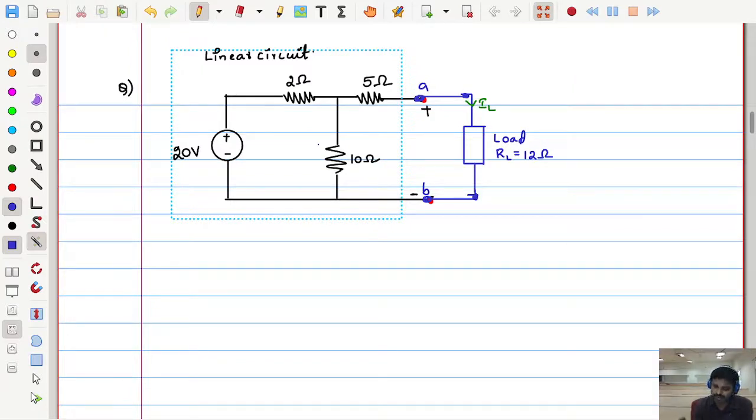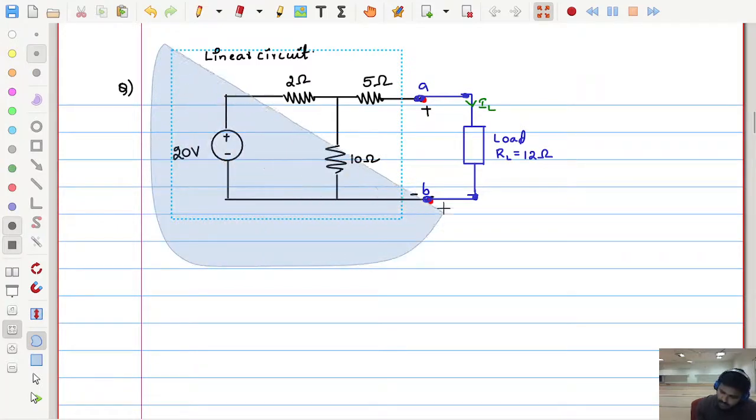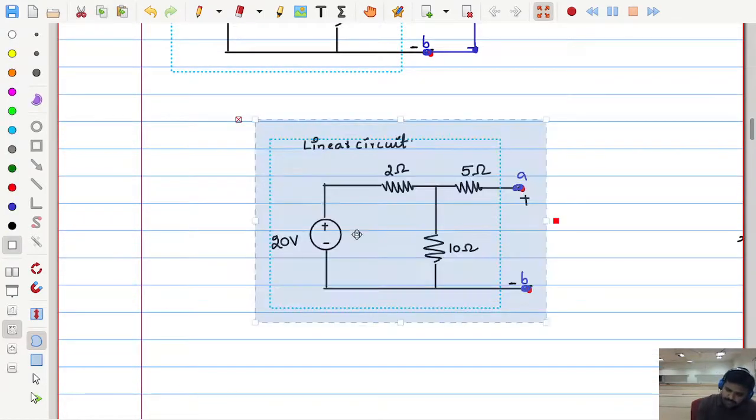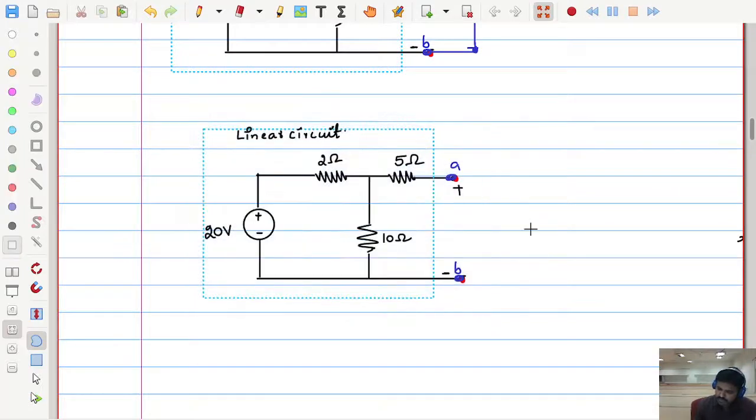Now what we do is, in this linear circuit, I want to replace this entire linear circuit by one voltage source and one resistor. So how can we do that? Let us proceed then. First let us take this circuit by removing the load. I don't want the load as of now, so I will just remove the load. Load got removed. Now in this process, I will try to determine the VTH as case 1.